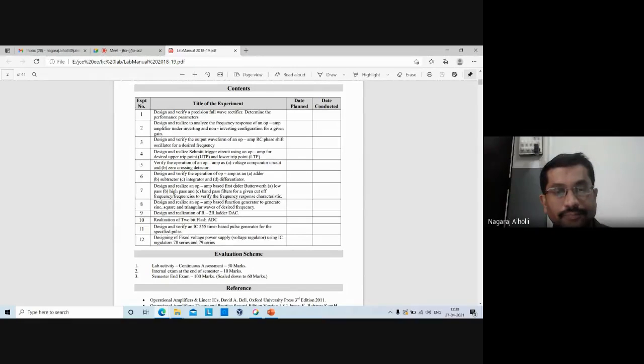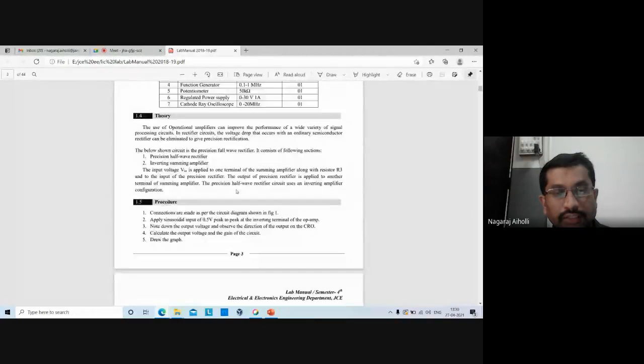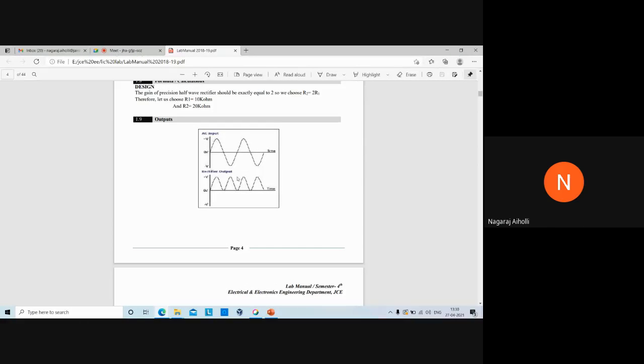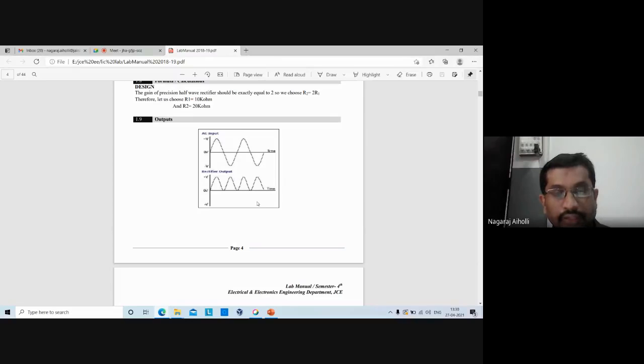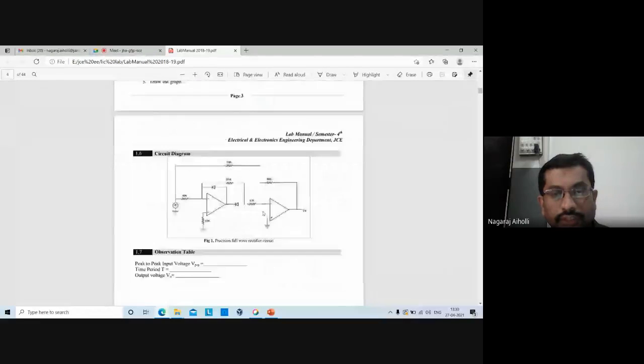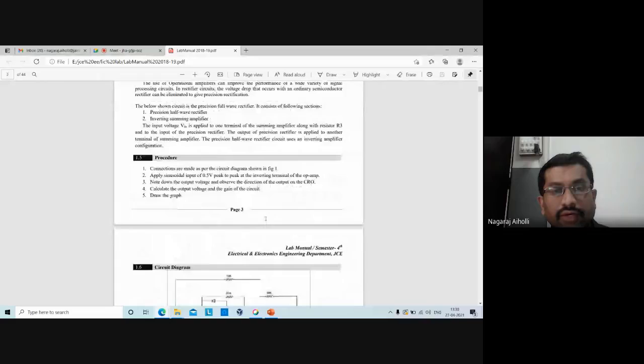Fine, students. So I'll show you the nature of the output. You can see here, this is the input signal that is applied, and the output is the rectified portion. Output is only the positive portion. There is some slight error in this. It is a continuous output. It is not like this. Only the positive portion you will get. You know how you are getting the positive portion, right? So that is how the rectified output is.